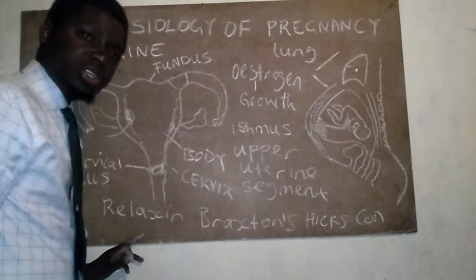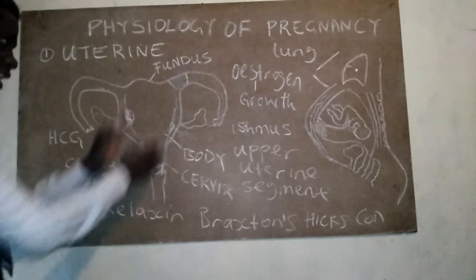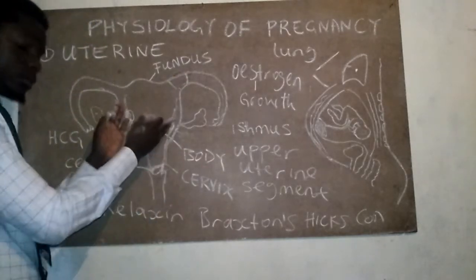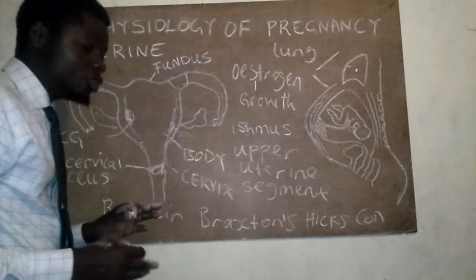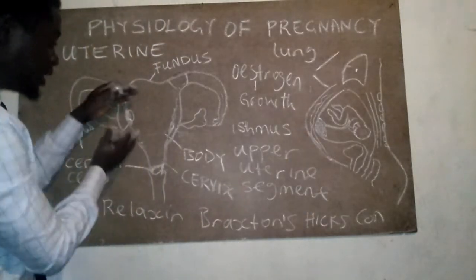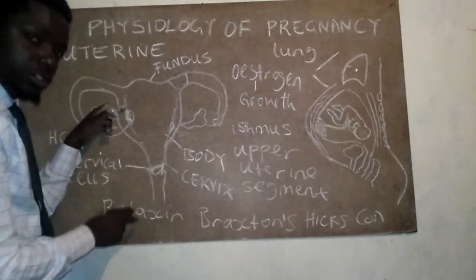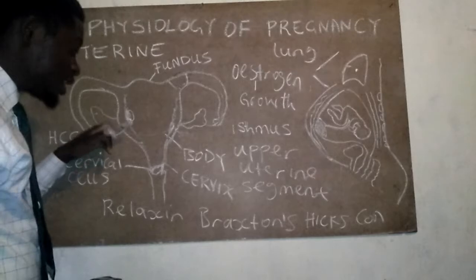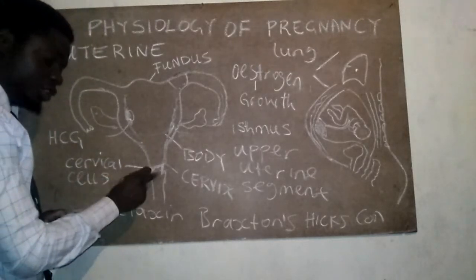And this hormone is very, very important, as it will cause the muscles of the myometrium to relax so that it doesn't push the developing embryo down there to be excreted. And as well as that, remember the hormone that we talked about causes the cervical cells to produce